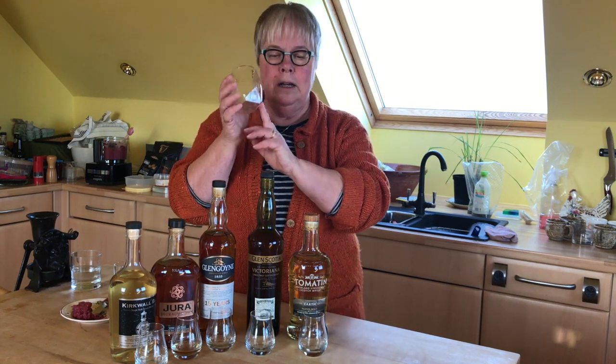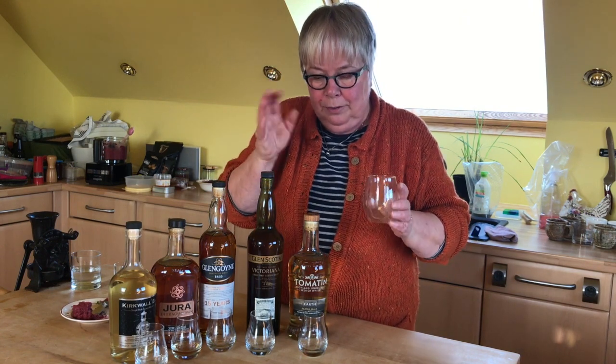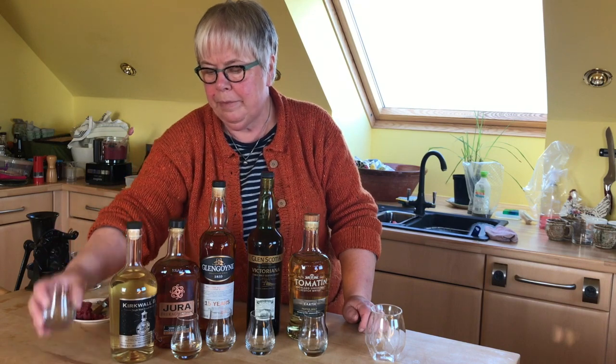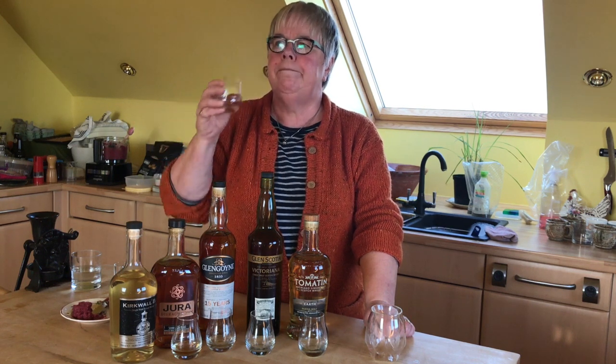Now, the Norlan glass for me with the Victoriana is brilliant. So that just brings into question, does this work best with the high alcohol by volume whiskies? Now, if I go back to Kirkwall Bay, it was on a summer's day when I first saw Kirkwall Bay. 46%. An aperitif whiskey. Hugely opened out since I poured it. Gosh,